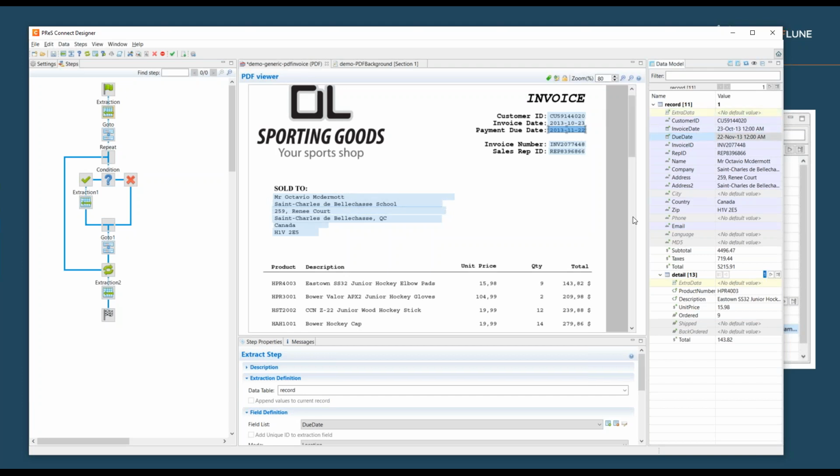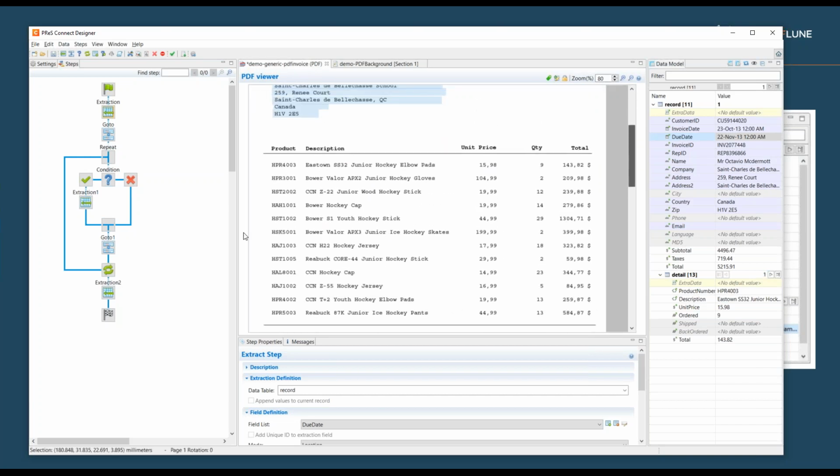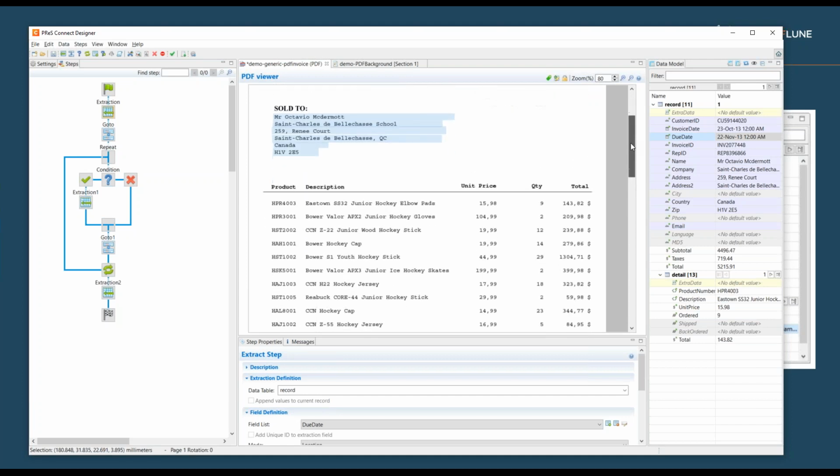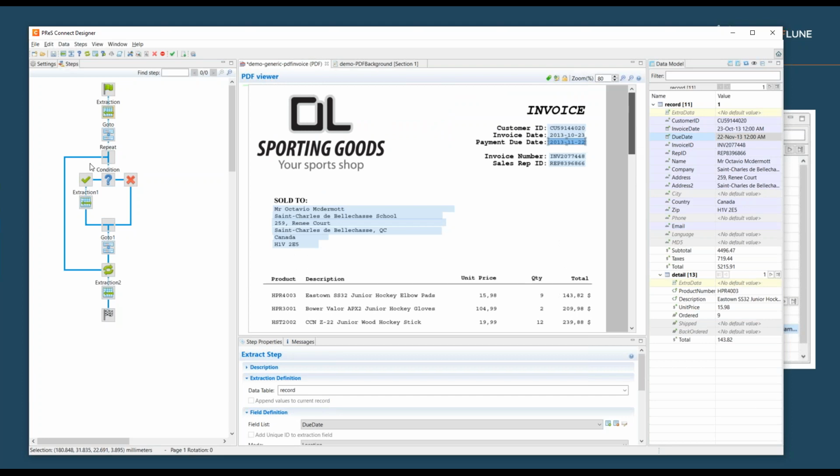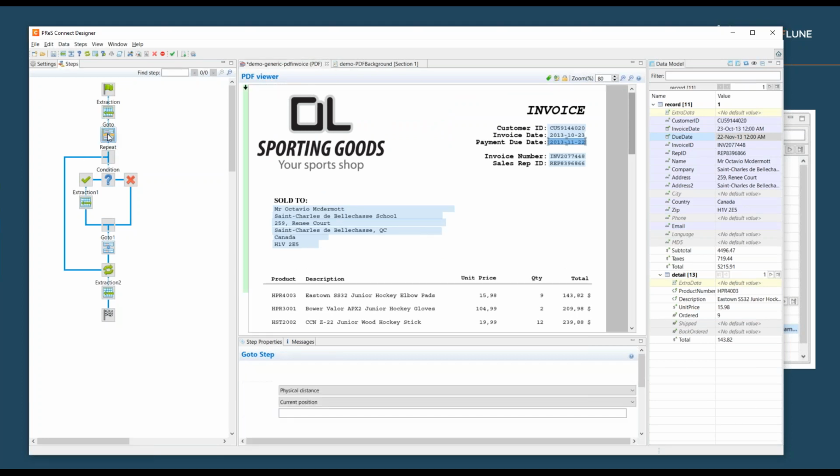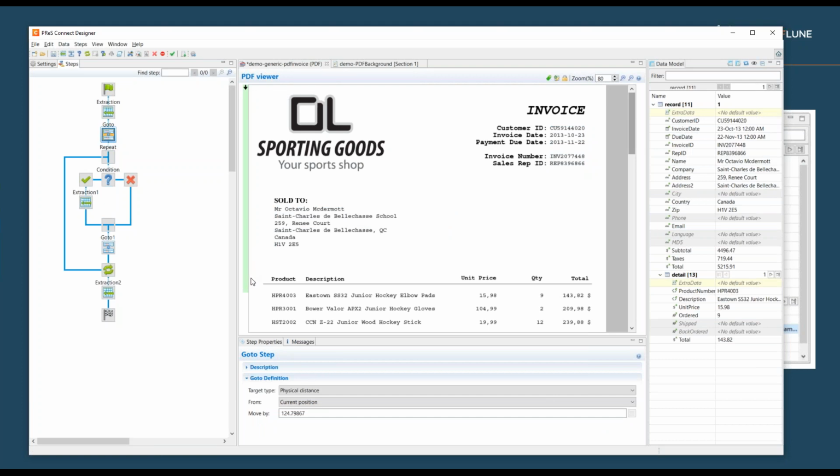All blue are the extracted data from this step extraction. But if you go down, you see a dynamic table. This table can have one single item or many, like here. So in this table, how to capture this data? We have intelligence here. So the first step, in the green bar here on the left, we skip the fixed part, the head of the page, and we go on the PDF to the line that starts